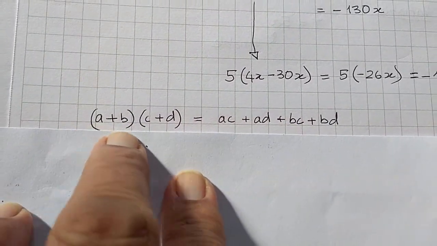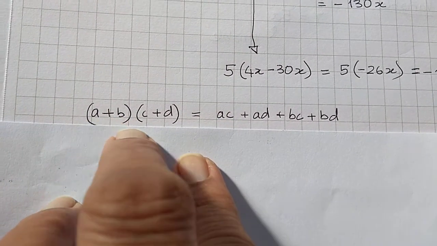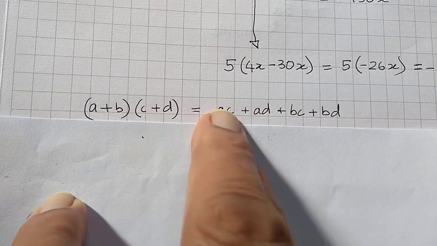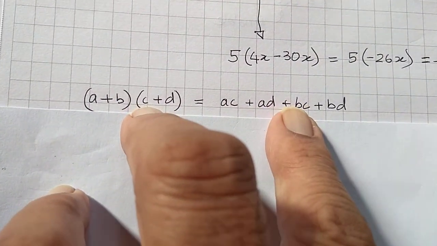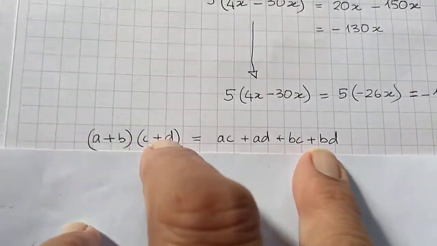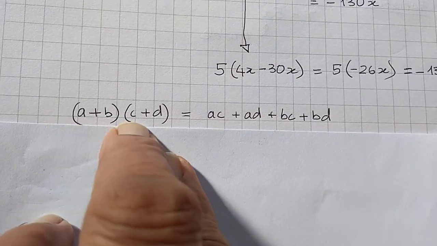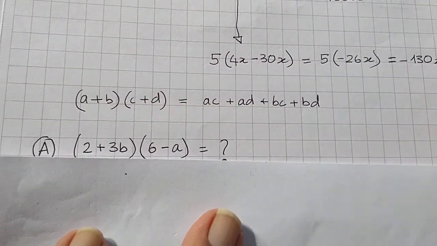So how do I get this? First I do a into c, which is ac. Then I add a into d, plus ad. Then I add b into c, plus bc. Then I add b into d, plus bd. So this is the same as this. You can try it for a...